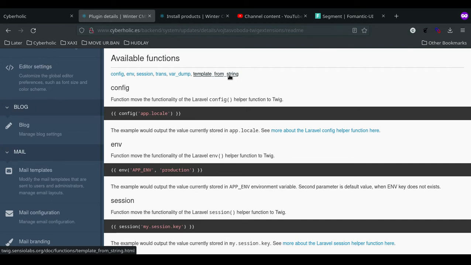But these are the more professional ones. I already used the var dump a lot. If you remember, in the last video, even without dumping, I could tell it to show me the blog categories. And this is what you can do with